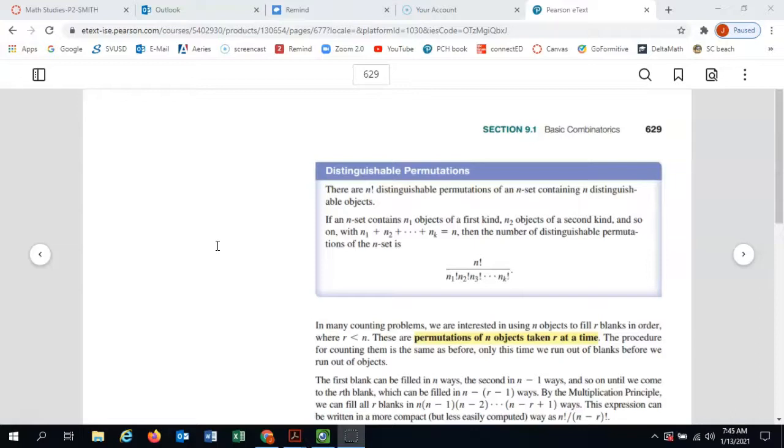The one thing you always keep in mind that qualifies something as a permutation is that there is an order to the process that you are doing. Like when we were doing the license plate, there was a first blank, and then a second blank, and then a third blank. There was an order to it. Because things have to be done in a certain order, that's what makes it a permutation. What you're looking at here, highlighted in yellow, is when they say n objects taken r at a time. That's exactly what I was talking about with the previous example